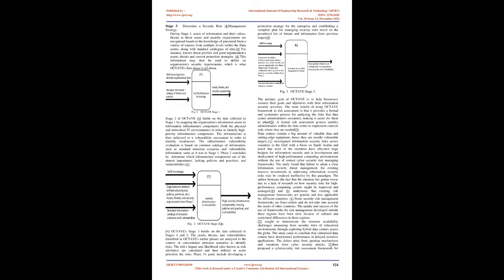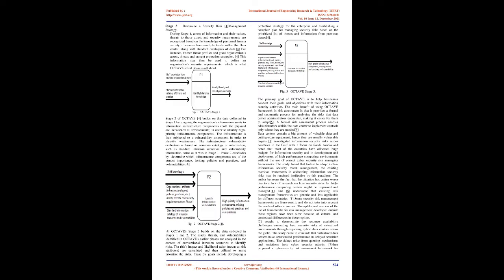During Stage 1, assets of information and their values, threats to those assets, and security requirements are recognized based on the knowledge of personnel from a variety of sources from multiple levels within the data center, along with standard catalogs of data. For instance, known threat profiles and good organizations' assets, threats, and current protection strategies. This information may then be used to define an organization's security requirements, which is what Octave's first phase is